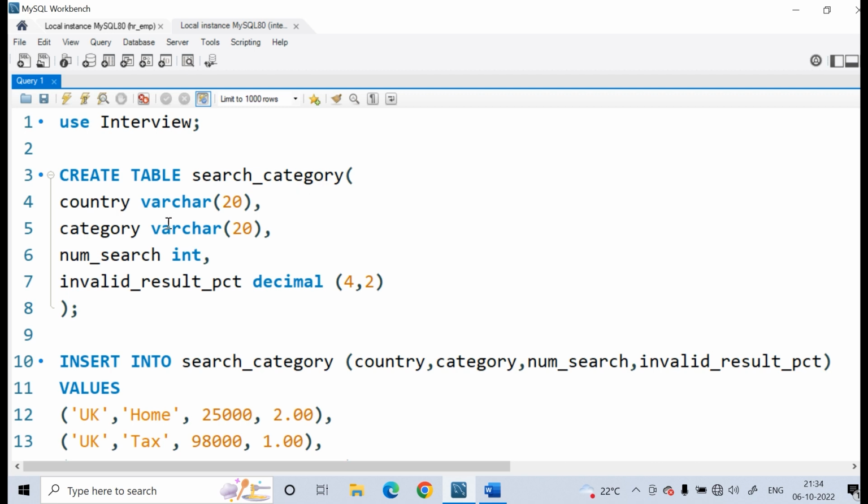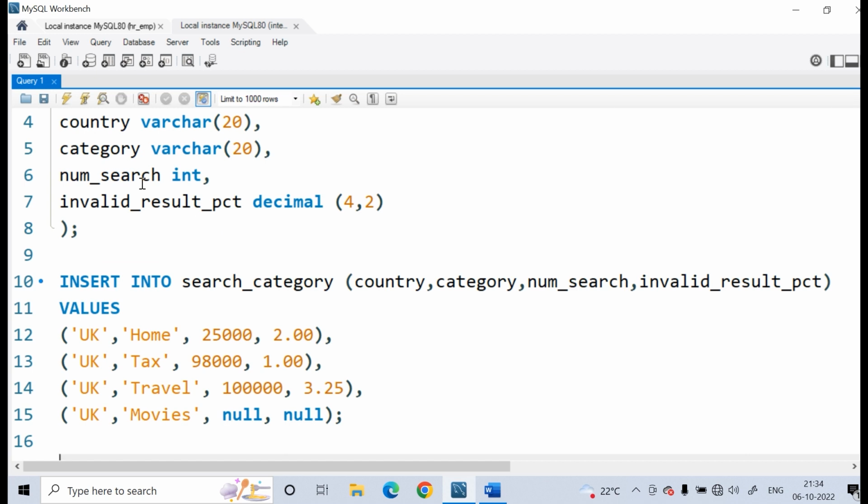I have created country with a data type of varchar with the limit of the strings as 20. Similarly, category varchar 20. Number of searches is integer. Invalid searches is decimal. I have put 4,2. I have taken this as the final limited value for decimal, and I have inserted